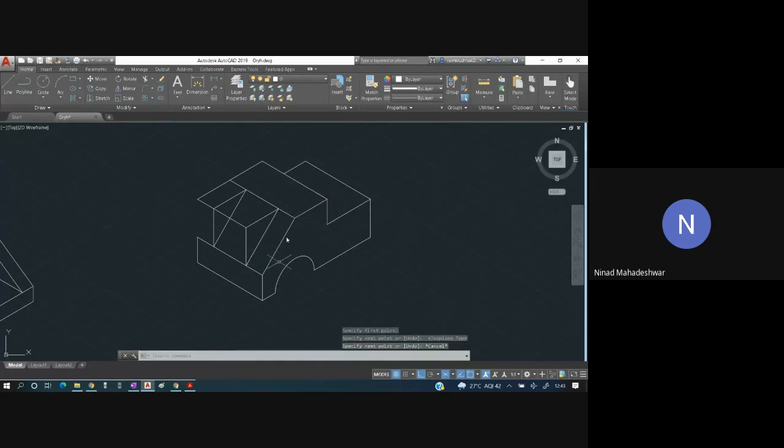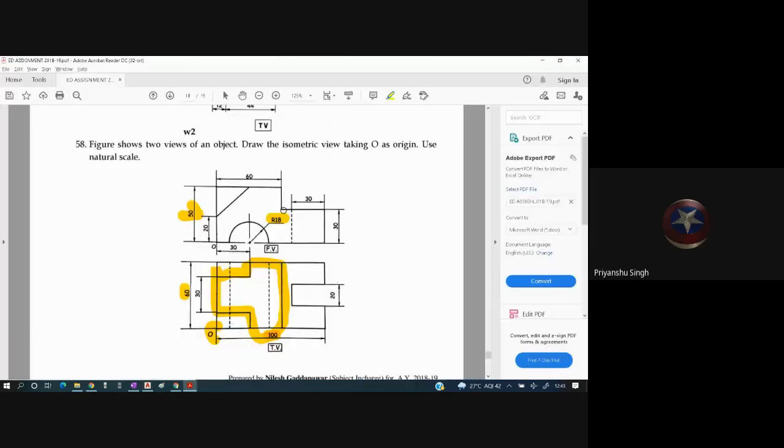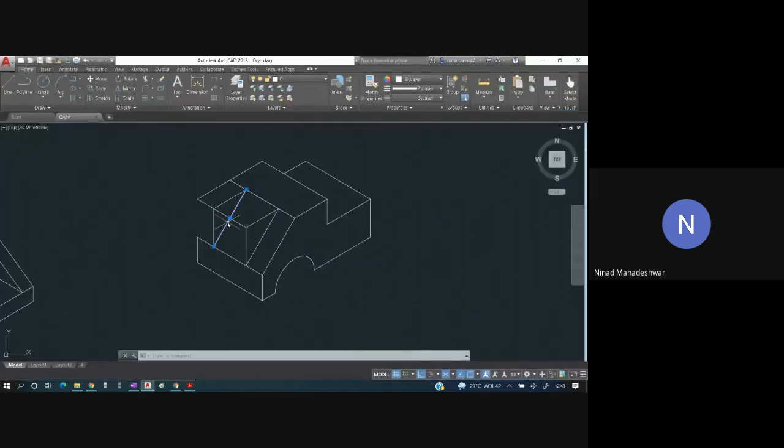Getting this, everyone? Yes, sir. If you see this from the top, you will see this as a rectangle. But if you see from the front view, you will see this as an incline line. So that we have to draw. Similarly, on the left hand side also, we have to do the same thing. So from here, copy this from here till here.